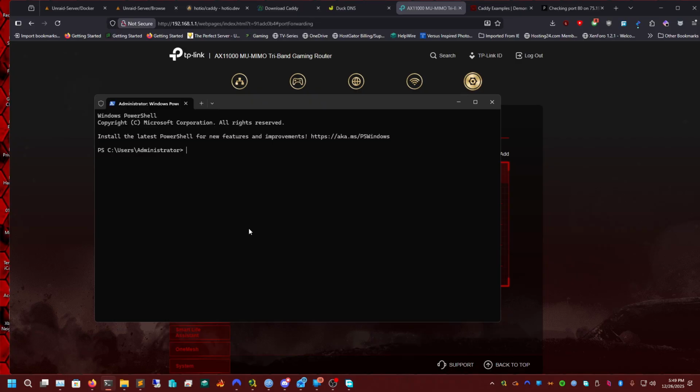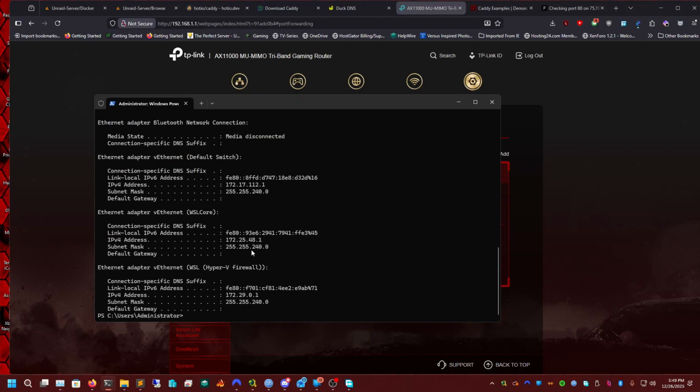This is important with mesh networks. Mesh networks can cause a lot of issues with this. If you have a mesh network, that's totally fine. Just make sure your gateway or your ISP router / gateway is in bridge mode, and then connect your mesh network up to that. But since we want to figure out where our router is, let's say I'm on this PC and I want to figure out where my router for port forwarding is, I'll just type